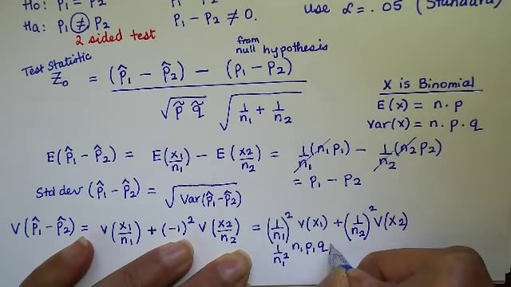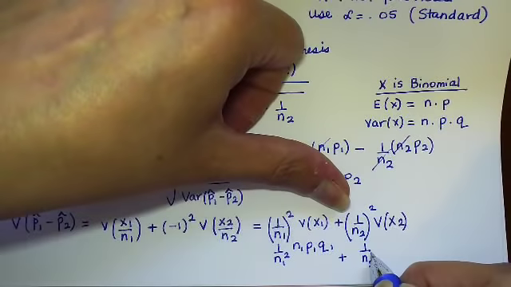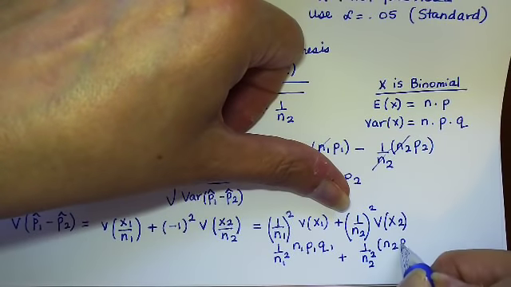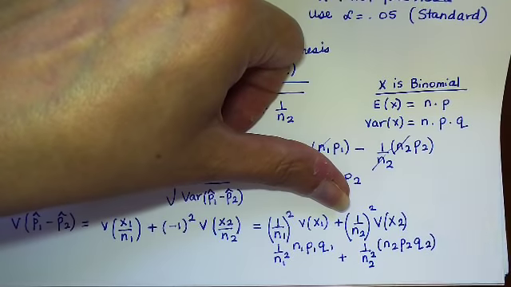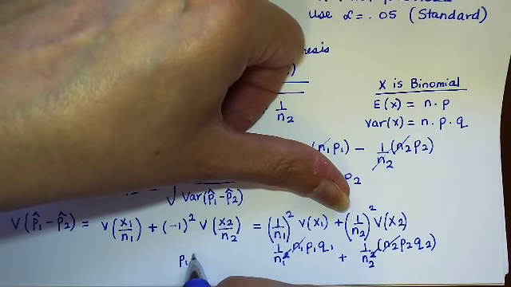Now the variance of x1 is right here, npq. So n1, p1, q1, plus 1 over n2 squared, n2, p2, q2. One of these n2's cancels with that in the denominator, and one of these n1's cancels with one of these n1's in the denominator. So finally I am left with p1